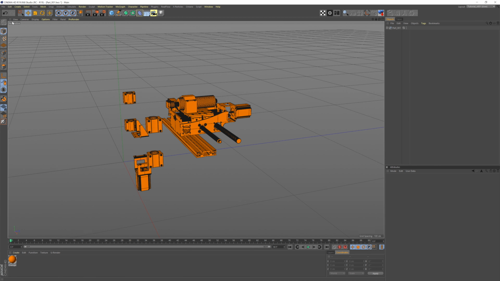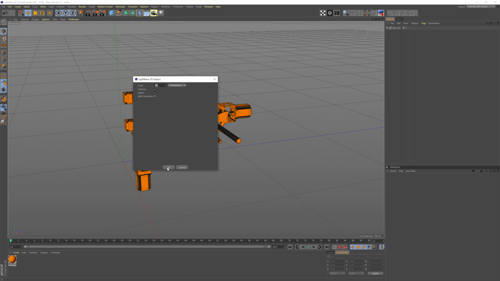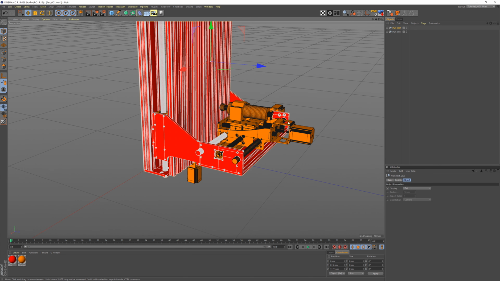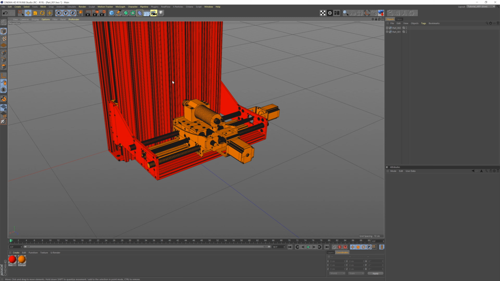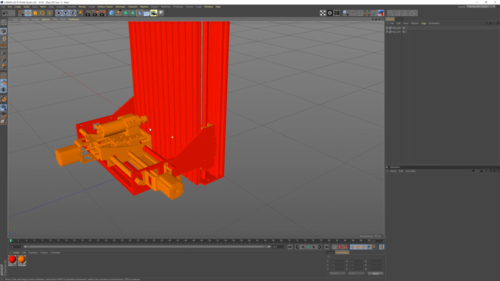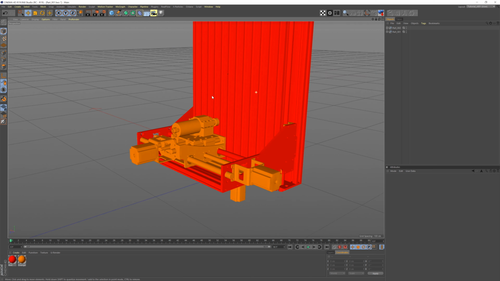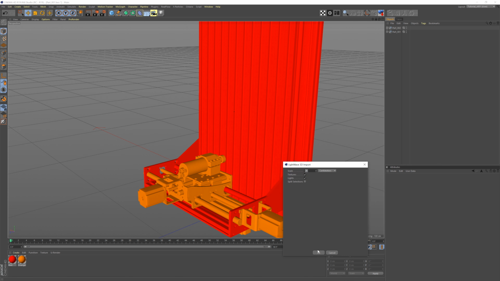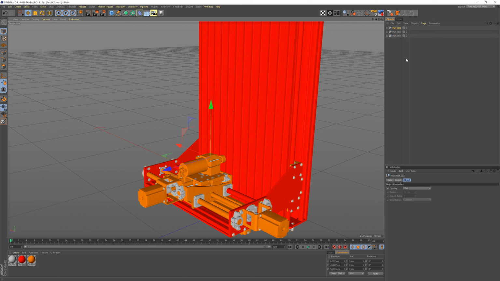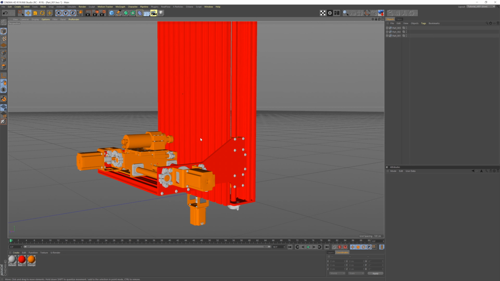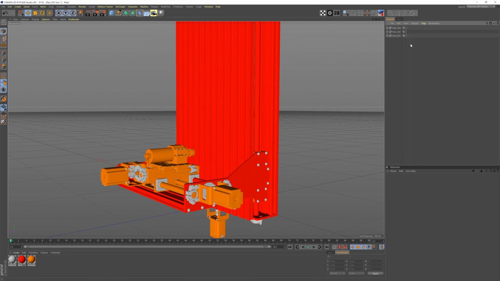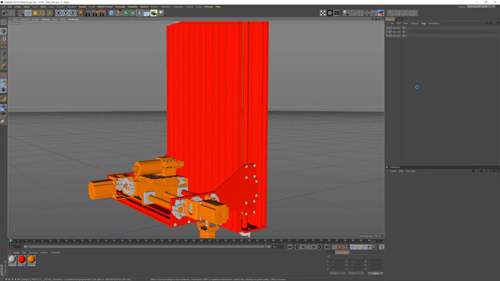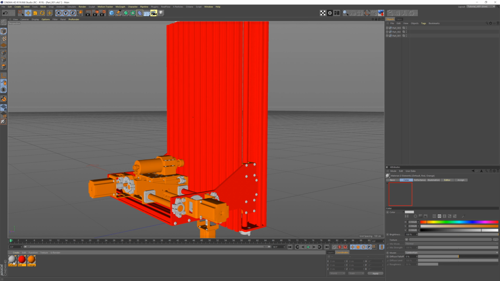So we can now merge every part together. Part 2. Yes. Again with the same layer color, the red one, and we merge the last one, and that will be the heaviest one. Merge it. Yes. So now we have all 3 the parts imported in Cinema 4D. Then we are going to save it, of course, as a Cinema 4D project, and we can